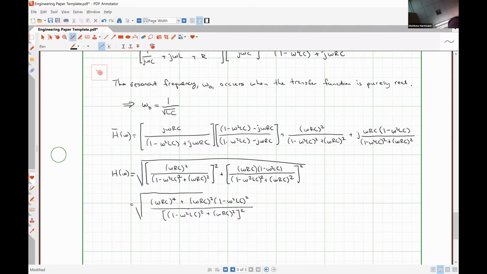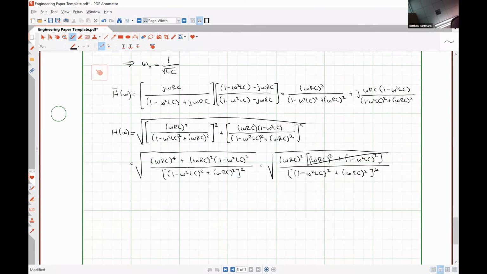And I think I have enough room to do the factoring that I need to do here. So I can factor out an omega RC squared, and that will leave me with omega RC squared plus 1 minus omega squared LC squared, divided by 1 minus omega squared LC squared plus omega RC squared, and this guy cancels out the squared there, and this leaves us finally with